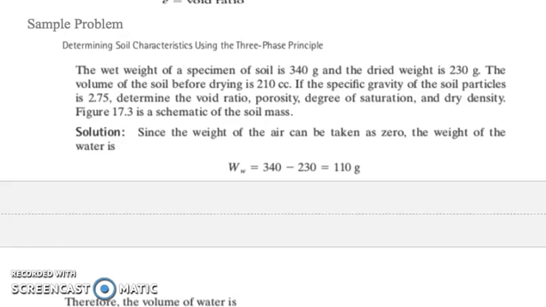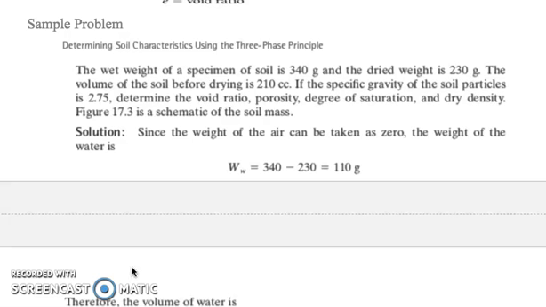Okay, for our sample problem, the wet weight of a specimen of soil is 340 grams and the dried weight is 230 grams. The volume of the soil before drying is 210 cc, or cubic centimeters. If the specific gravity of the soil particles is 2.75, determine the void ratio, porosity, degree of saturation, and dry density. So we have here